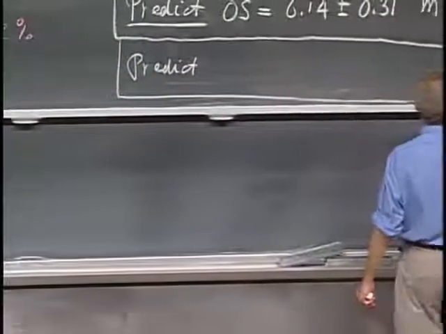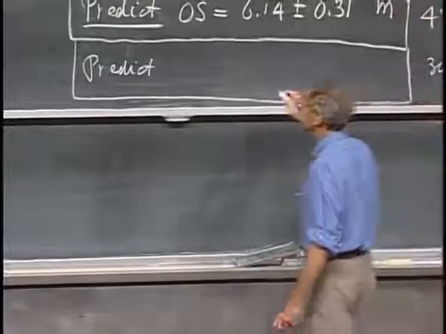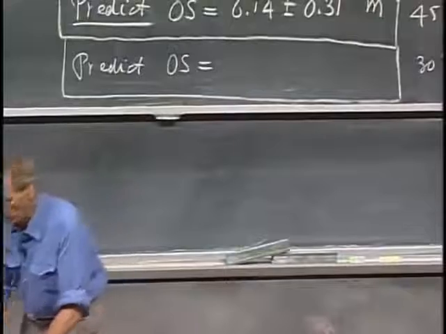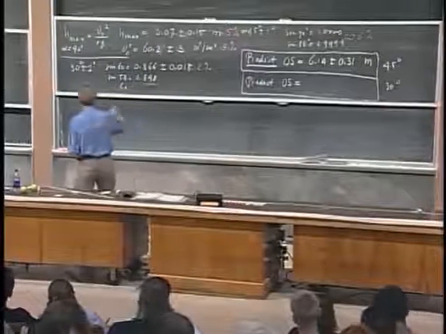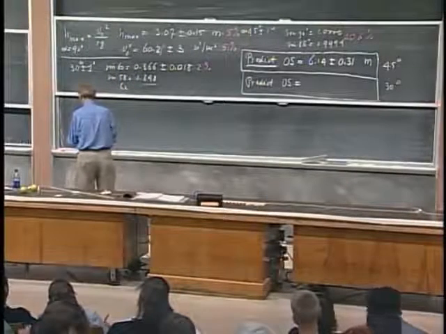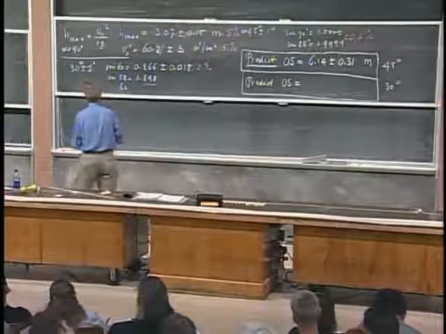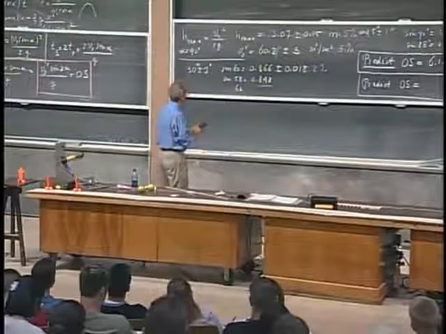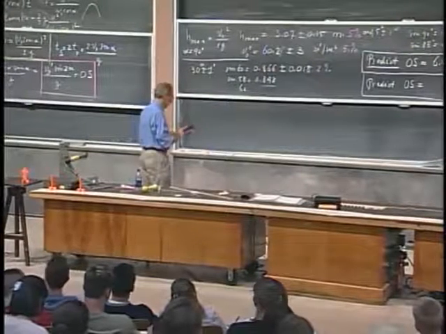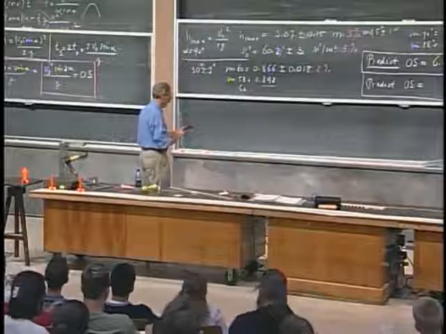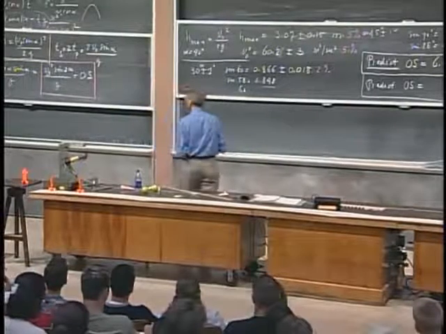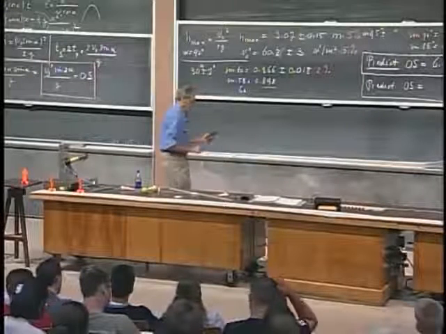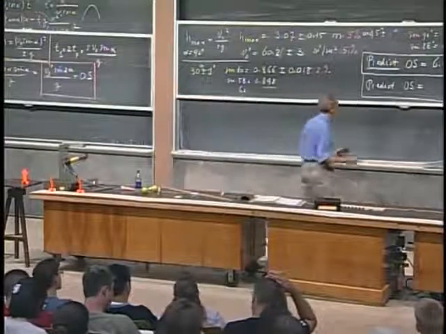Now for 30 degrees. So I have to go through V0 squared, I have that, 60.2. And then I have to multiply by the sine of 2 alpha. That is the sine of 60. Multiply. And then I think I have to divide by g, that is right, 9.8. And I find 5.31